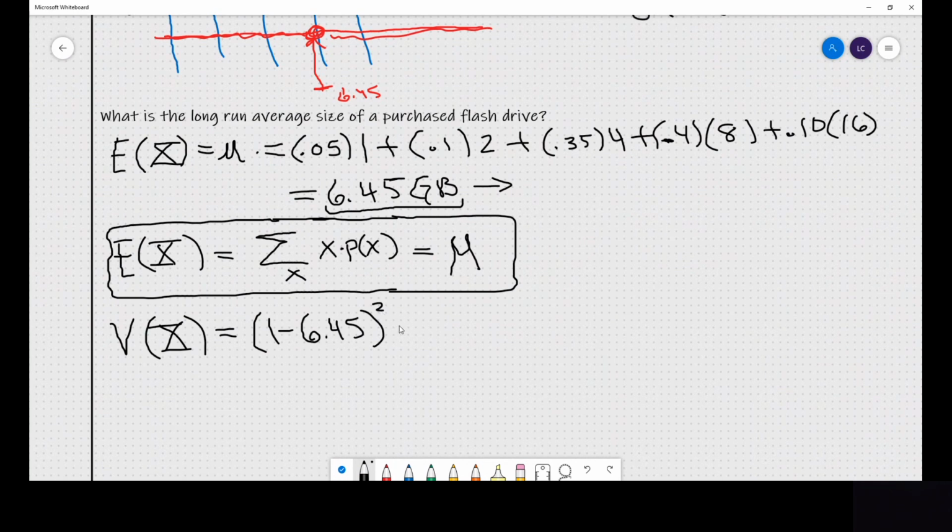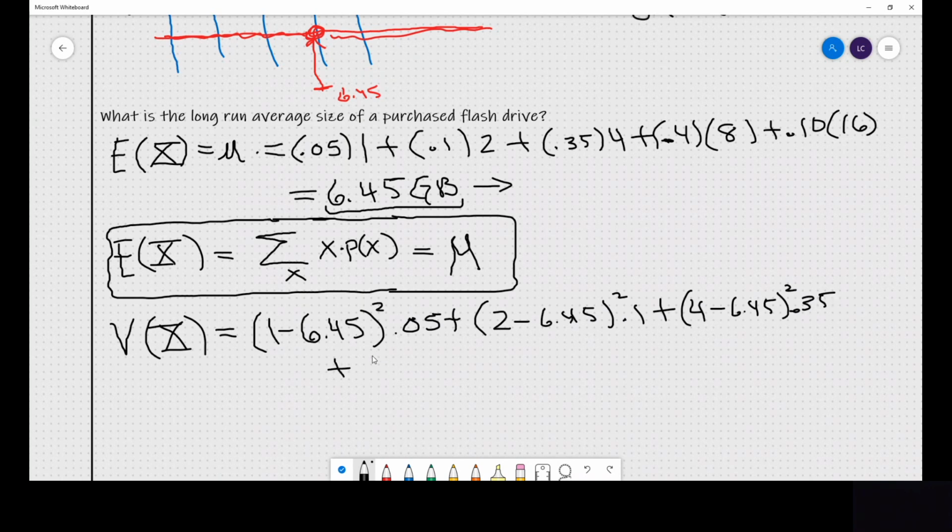So we square and then multiply by the probability, because that's the percentage of the time that occurs, and then plus 2 minus 6.45 squared times 10% of the time, plus 4 minus 6.45 squared times 0.35,